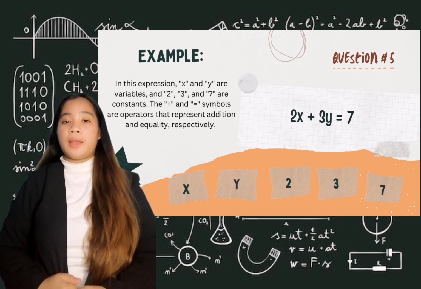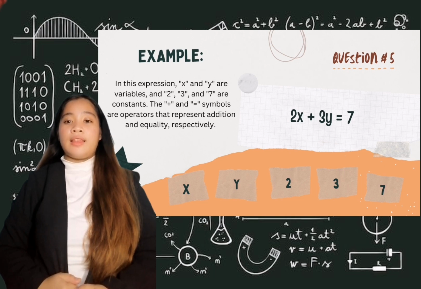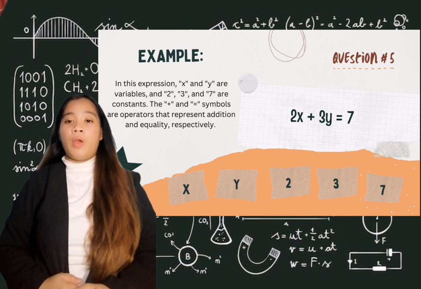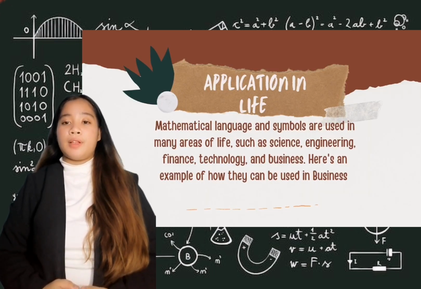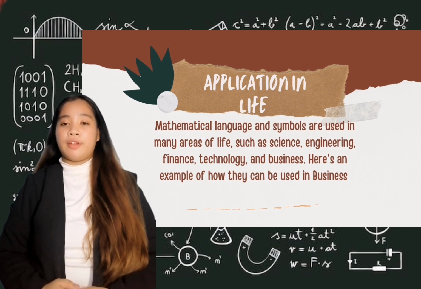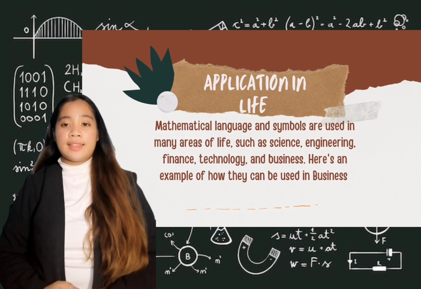The expression can be read as 2 times x plus 3 times y equals 7. This is an example of a linear equation in two variables. It can be used to represent a line on a graph, where x and y are the coordinates of the points of the line. Mathematical language and symbols are used in many areas of life, such as science, engineering, finance, and